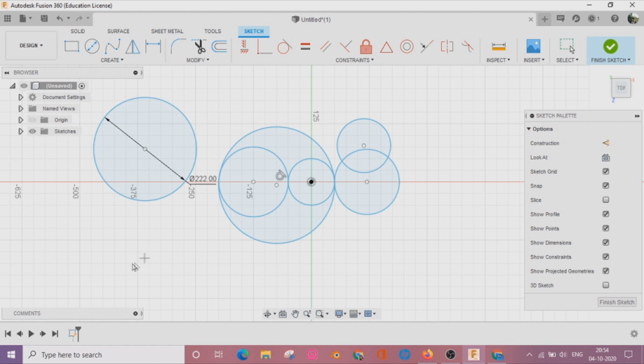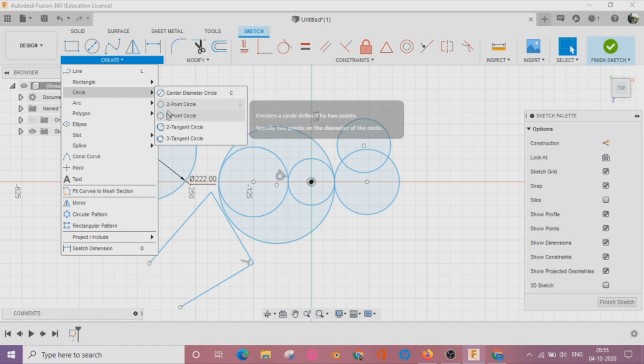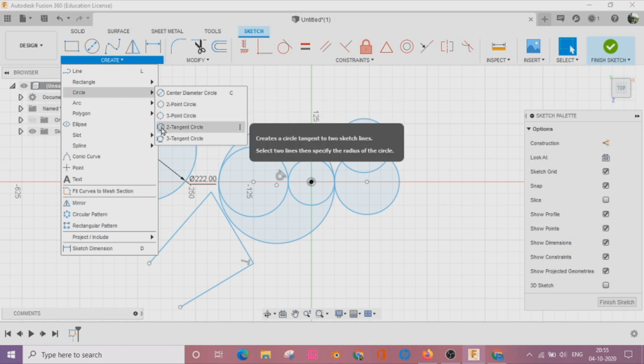If in a sketch 2 lines are available, we can use this type of circle, but if they are not available we are flexible with this. We can create these 2 lines by clicking on L or line. We can create a line. Let's see two tangent circle.